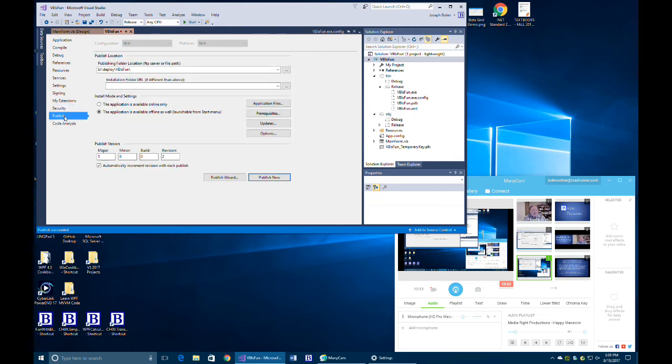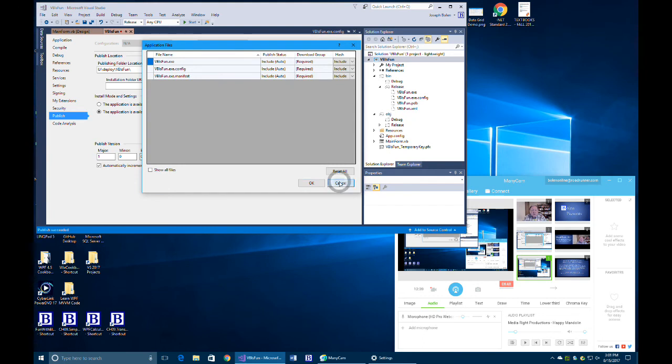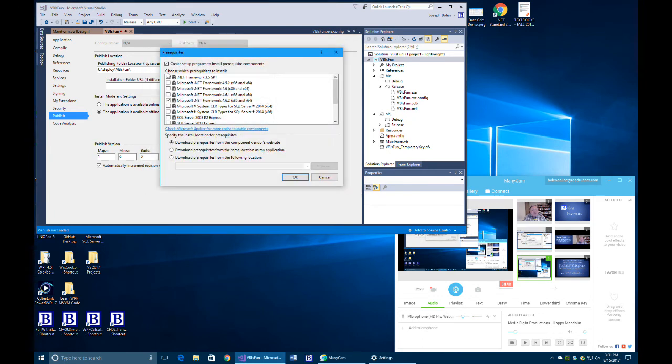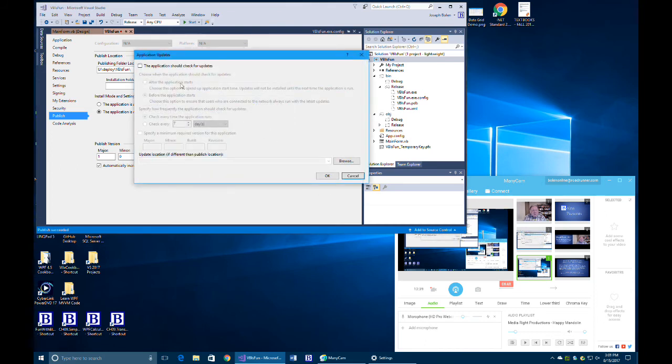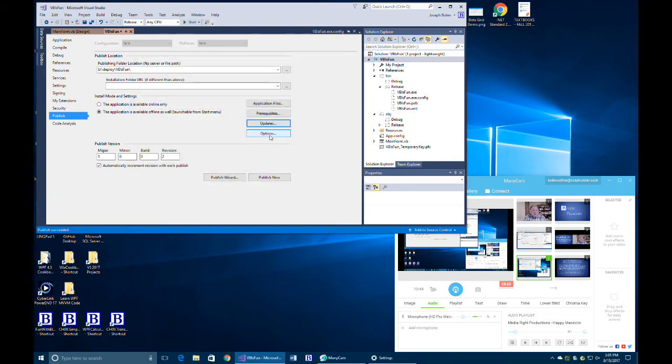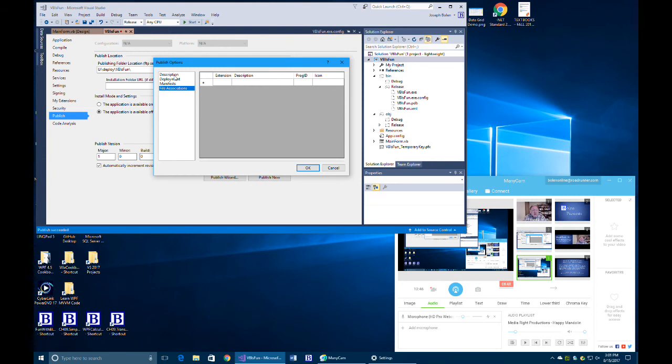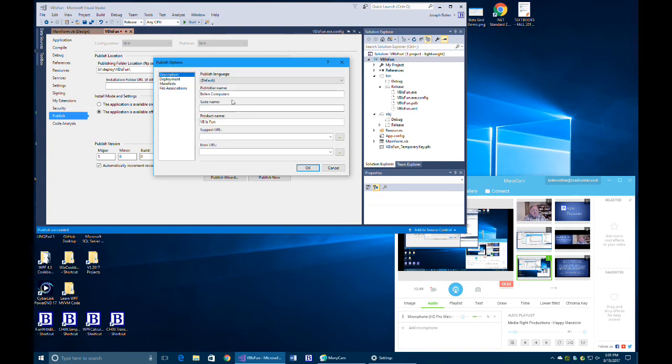Then we went into the Publish tab. We gave it a location where it was going to go. Then we came in and made certain all our files were included. Then we also checked prerequisites. In this case, we want to make certain our .NET framework was there. And in this case, we were going to have the user download it from the vendor's website, in this case, Microsoft, if it wasn't there. And then also, we wanted to check for updates, making sure that was not set because we're doing it from a CD. And we also took a look at options,